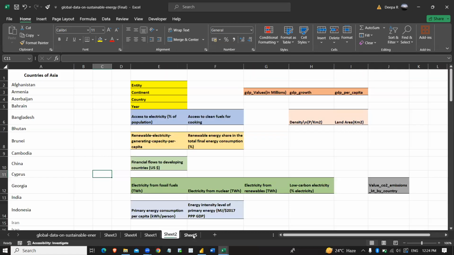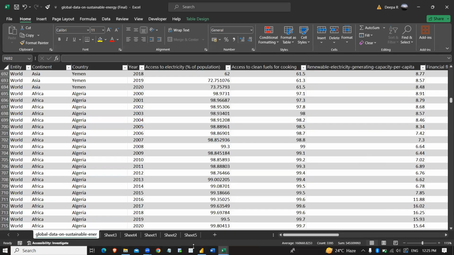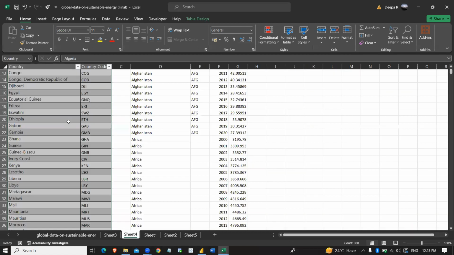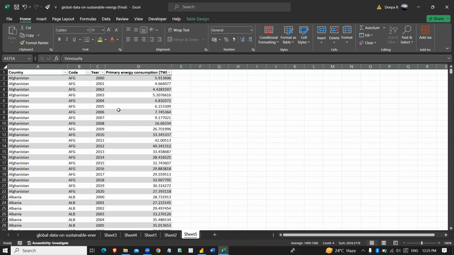And apart from that, you can see that I have taken this primary energy consumption data separately. I have downloaded this particular table. After that, I have modified this table so that I can relate this table with my energy data table. And to relate these two tables, I have created this country table also along with the country code. This particular table will act as a factless fact table, which will be acting as a bridge between my energy data and my primary consumption data. Okay,